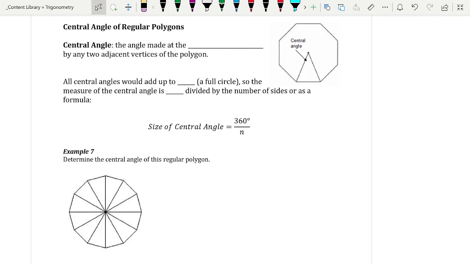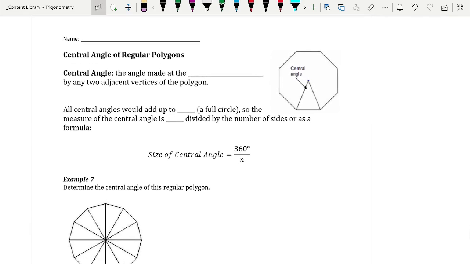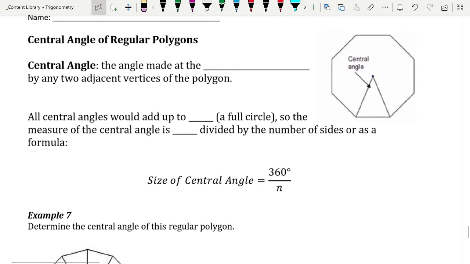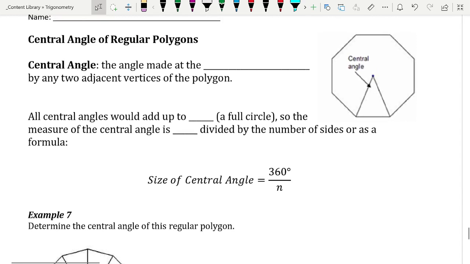So first, central angles. Bigger, bigger, bigger. What is a central angle? Well, first of all, a central angle is the angle made at the center,